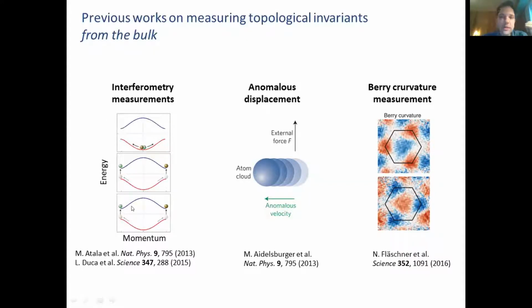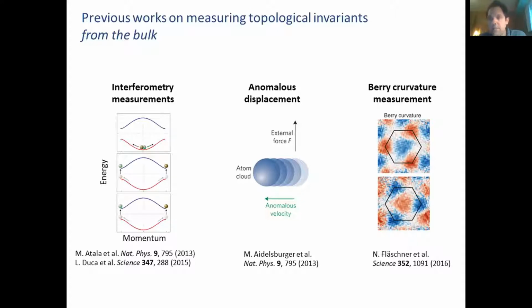Some measurements were done by interferometry to retrieve somehow the Berry phase accumulated by a particle, a wave packet, crossing the Brillouin zone. They have also made measurements on the anomalous displacement of a wave packet that is propagating inside the topological materials. There have also been other interferometry measurements that gain information on the Berry curvature point by point in the Brillouin zone. However, all of these techniques that were previously elaborated